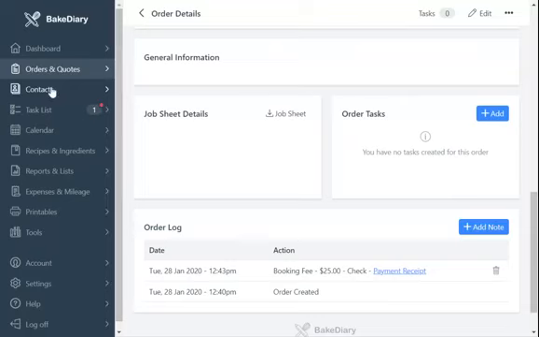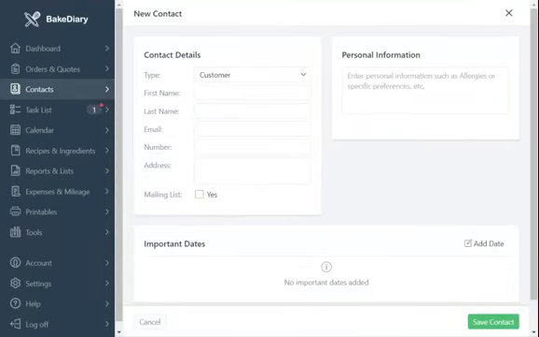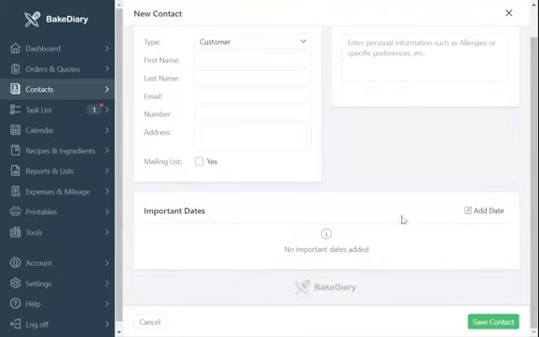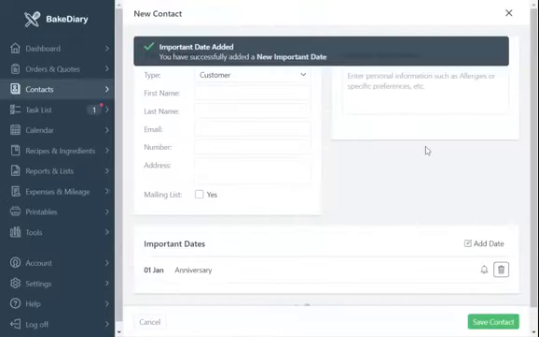Let's go now down into contacts. I was just going to show you quickly here, when you add a new contact, you have a few more options than just adding their name and email and number and address. Down here, you can add notes for personal information, like if they have allergies or preferences, but you can also add, look at this, a date. Let's say their anniversary is January 1st. So you can put anniversary, you can click add a reminder in the calendar, and if you add that date to that customer,